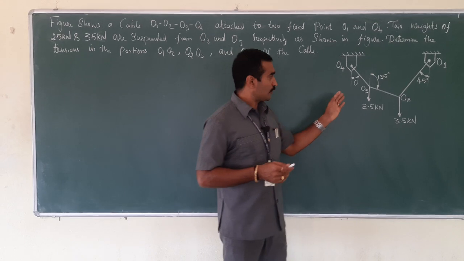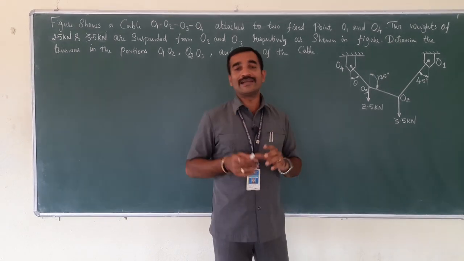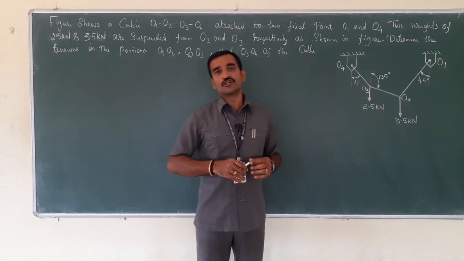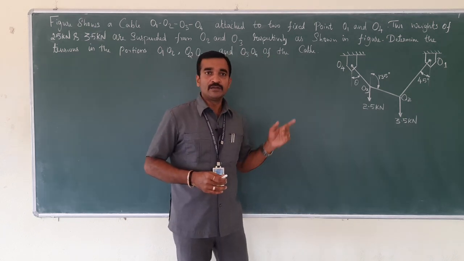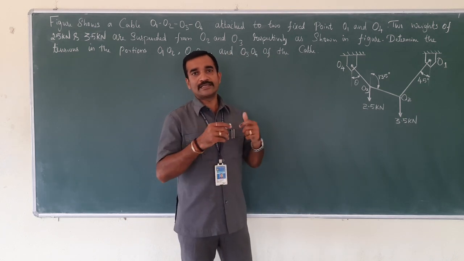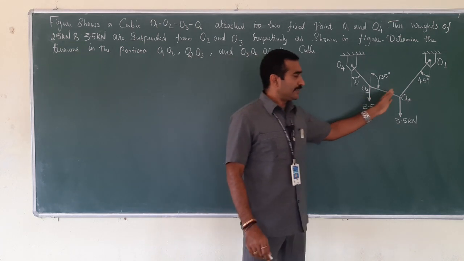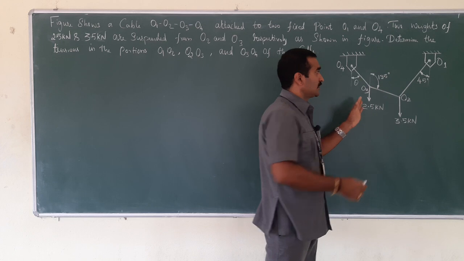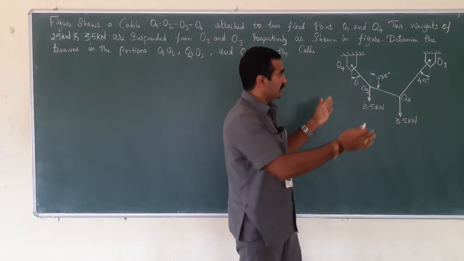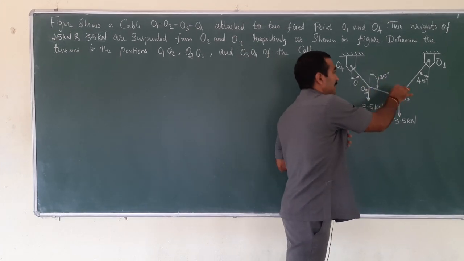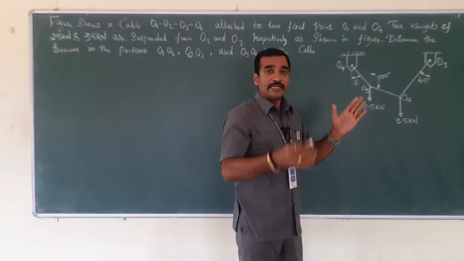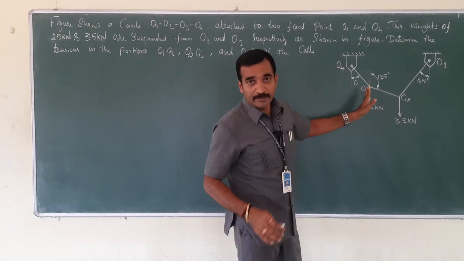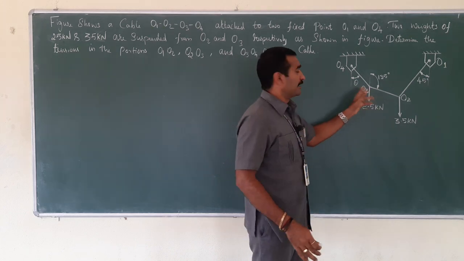that is, coplanar. What do you mean by concurrent force, by the way? A set of various external forces whose lines of action pass through or meet at the same point. Look at this diagram. This will not be concurrent because here one force is acting, here one force is acting. But if I divide this into two, it can be concurrent forces.